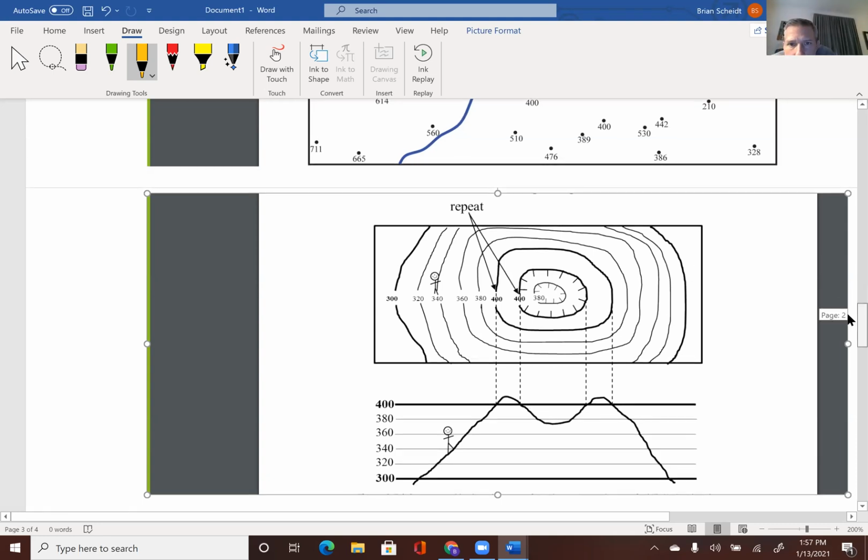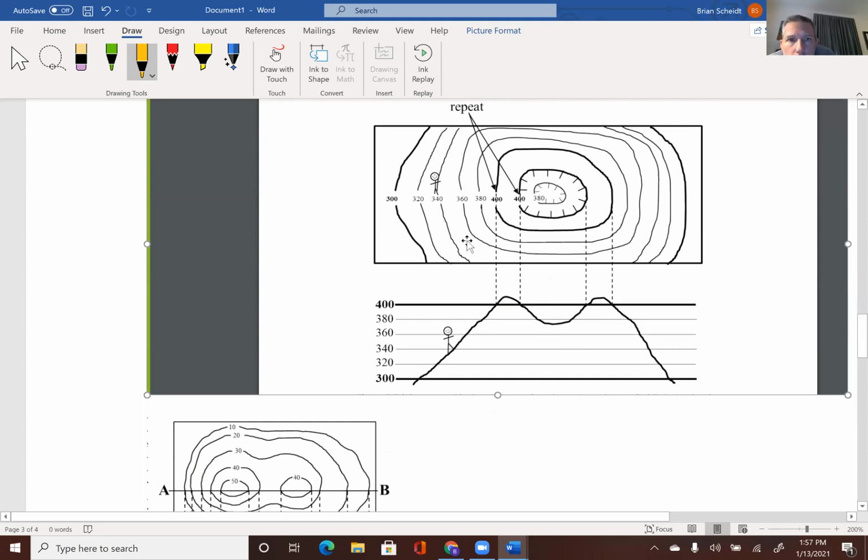So if we take a look at this image here, we have the 300-foot contour line. If we were to walk in a line from the left of the screen to the right of the screen, what would we cross? Well, at 300, we would draw a line straight down and put a dot in. And that 300 would tell us what the elevation is. Then at 320, 340, 360, 380, 400, and then we'd hit 400 again. And so if we were to go right along that line, draw a line right in there,